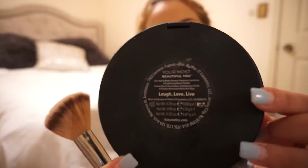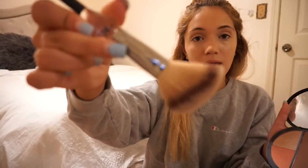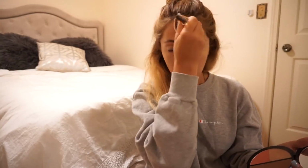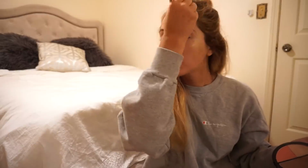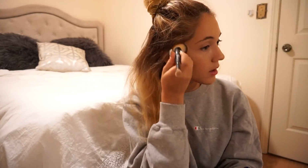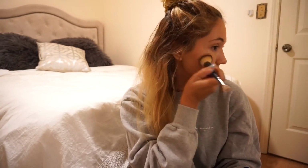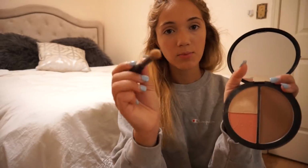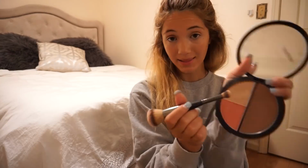Laugh Love Live, and it's a bronzer, highlight, and blush palette. So I take my angle brush, and then I just go up and over. I just go everywhere, you know? You gotta go a little crazy with it because that's how you get that bronze finish look. With the blush, I go up into my cheekbones and up to where I was just bronzing. This part of the brush, and I go into the highlighter, and I just